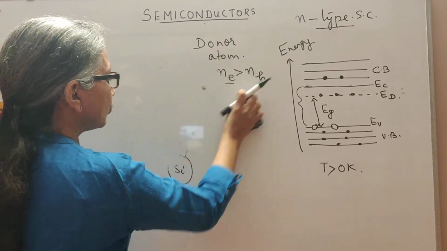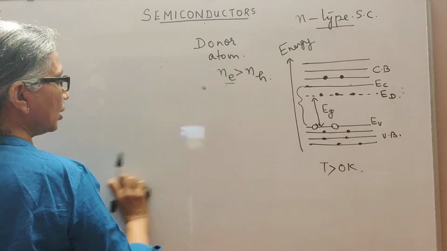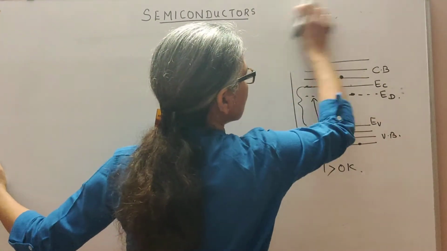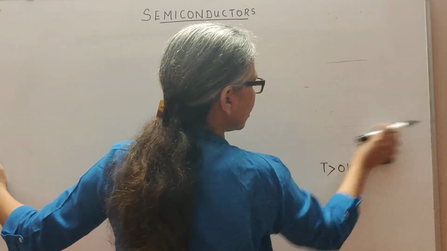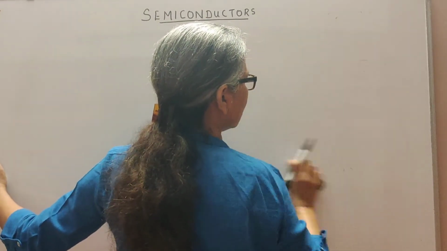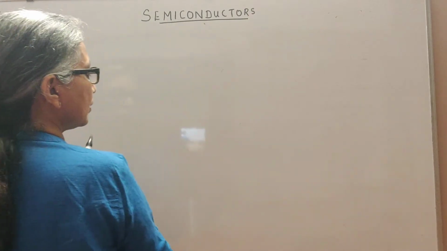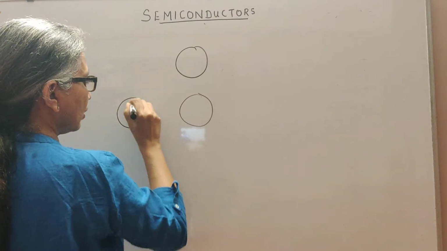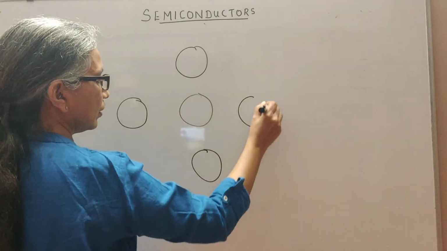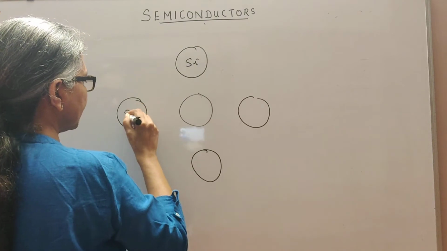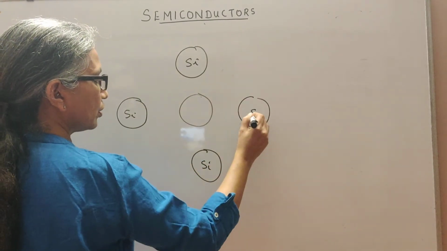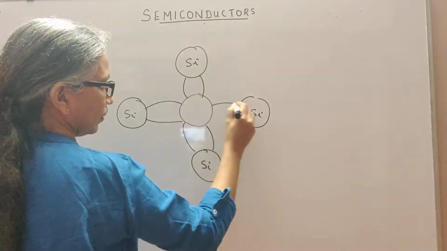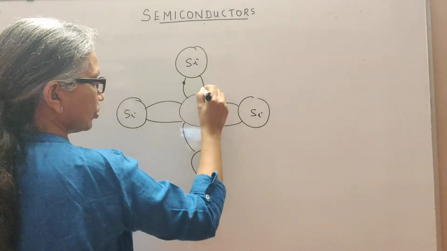Now you could also dope it with a trivalent impurity like boron, aluminum or indium. All these are dopants which you can use as a trivalent impurity. So if it's a trivalent impurity, we have our original diagram, all the silicon atoms sharing, and there are electrons in covalent bonding like this. So they all had electrons.